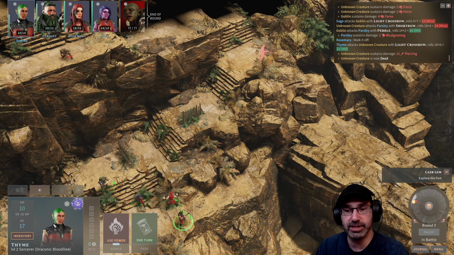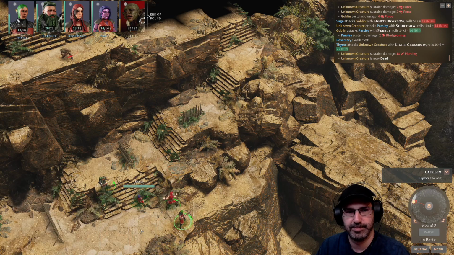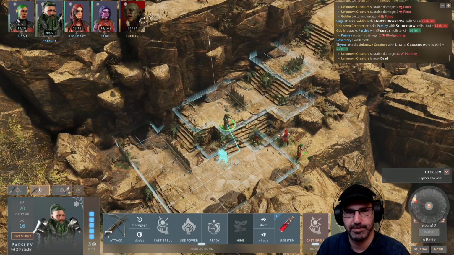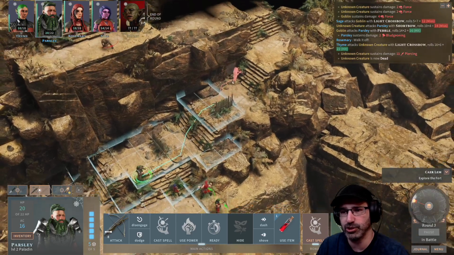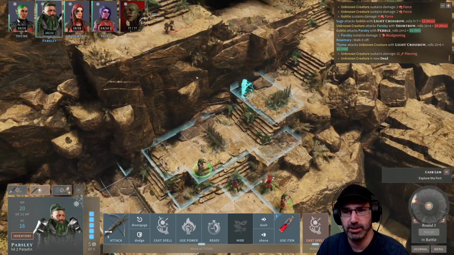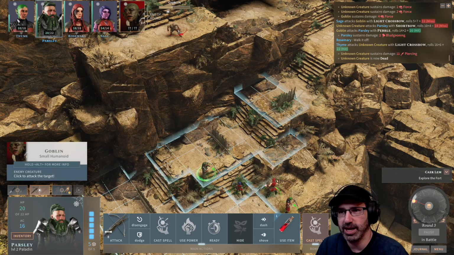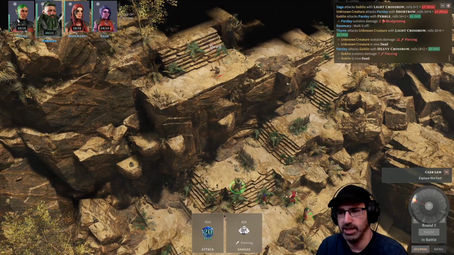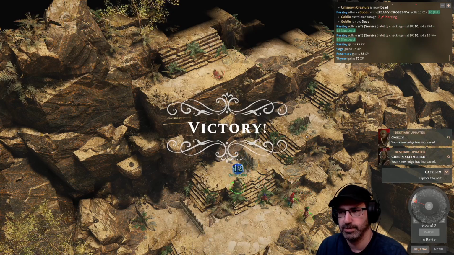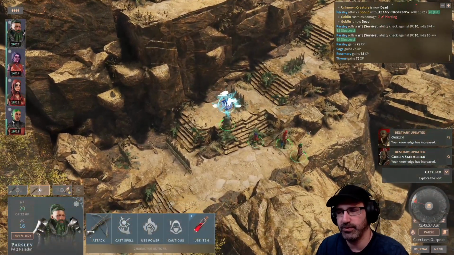All custom characters? Yeah, all custom. Oh, you mean the subclasses? Two of the archetypes are created by Tactical Adventures. One of them is from the Player's Handbook. The Dragon origin is actually in the Player's Handbook. Yeah. That's the same for all of the...